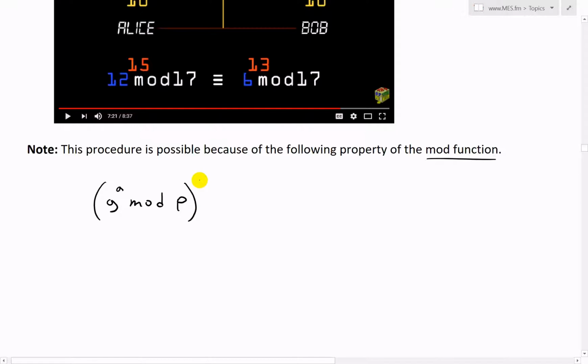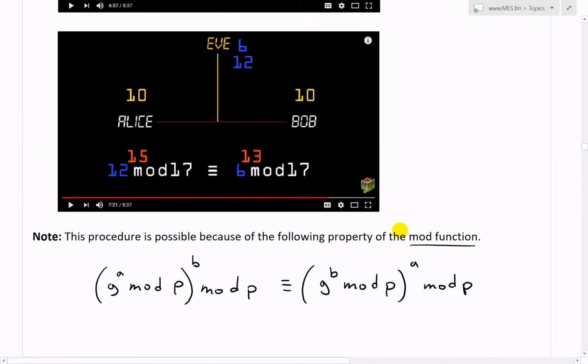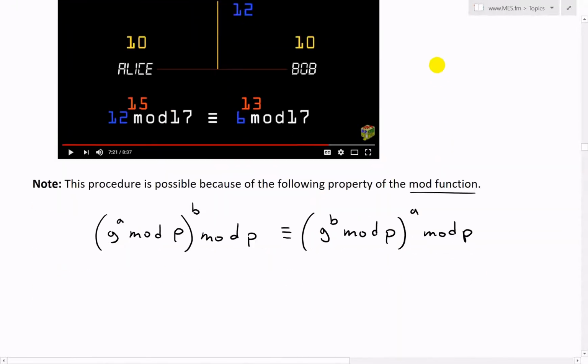So let's say we had G to the power of A, and then this part here, if we take this to the power of B right here, and then did a mod of P again like that, so this number inside, this is equal to, or congruent, whatever one I pick, we might go over this later, but if you just write this out like this, this is equal to the same thing as G to the power of B, so you could flip the A and B. This is a property of the modulo function. I may go over this in a later video. A like this, mod P like this. And in this specific example here, it uses over here, this is 12 to the 15,